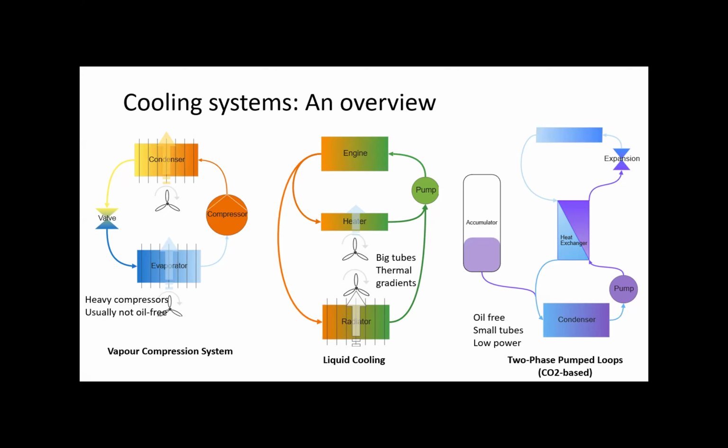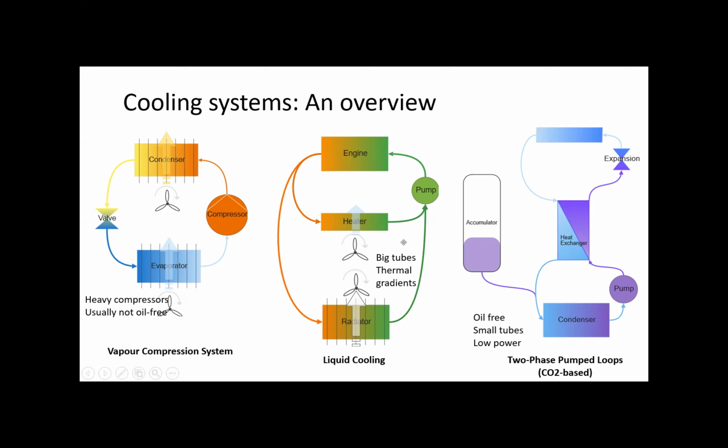So essentially, you have two common types of cooling systems: a vapor compression system, which you have on the left, which is what you have in your fridge in your house. So it's a compressor that goes into a condenser with hot gas. So you cool it down, you expand, and then you evaporate, and you have cold air available inside. Or you have a liquid cooling system, which is what you have in your car, for example, where you have a pump that goes with its liquid into the engine, picks up the heat, and then you can take the heat into the cabin of the car, or you can dump it out of the atmosphere,